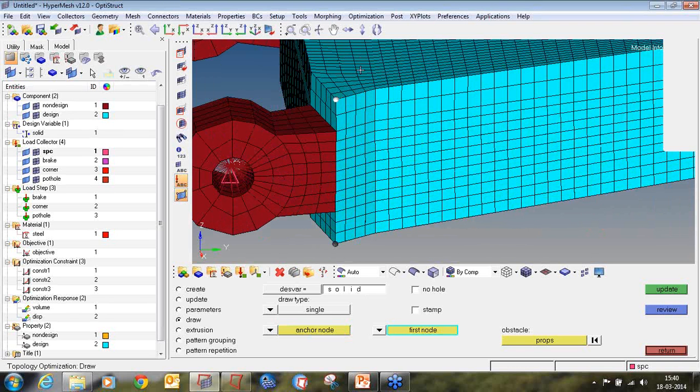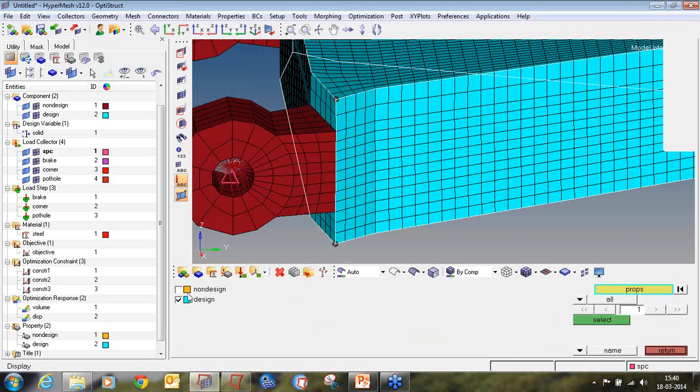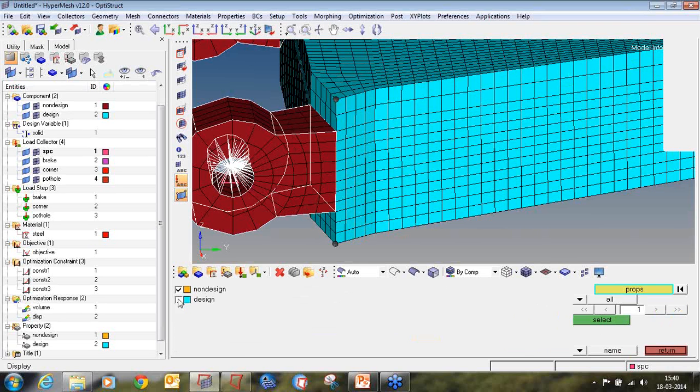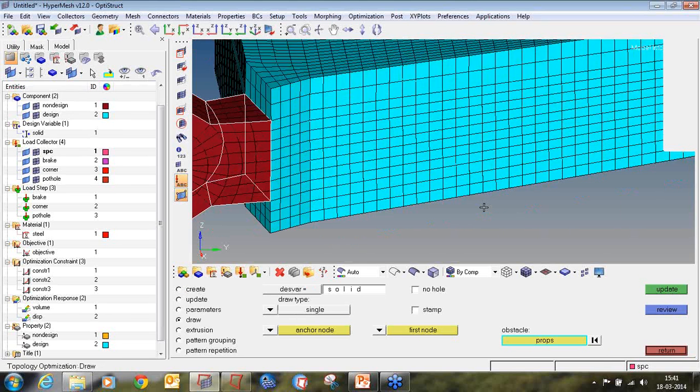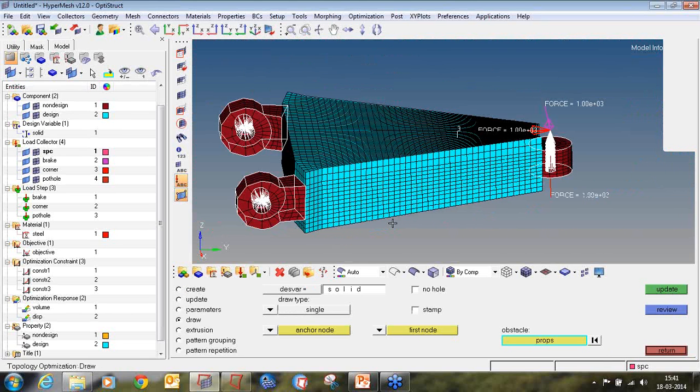This defines the positive Z direction. Now we will select the obstacle as non-design, so it will not remove the material from non-design. And click on update. So my draw direction parameter has been updated.